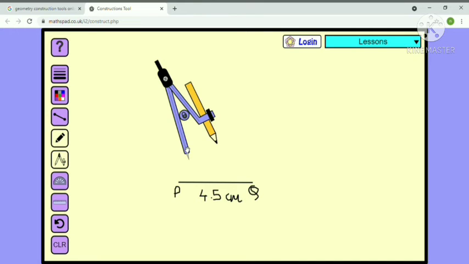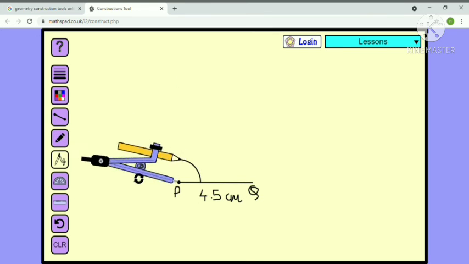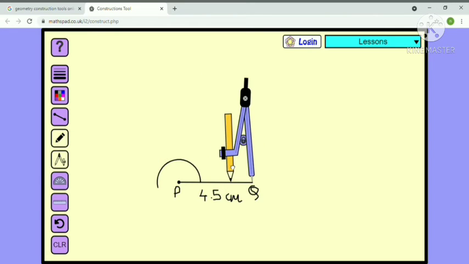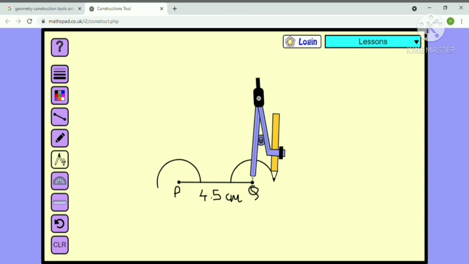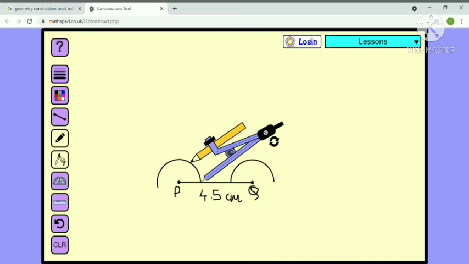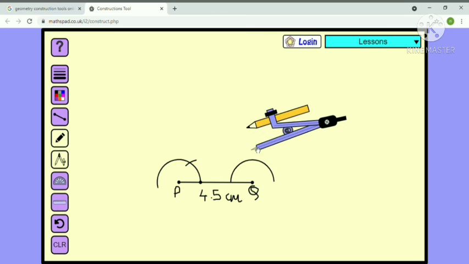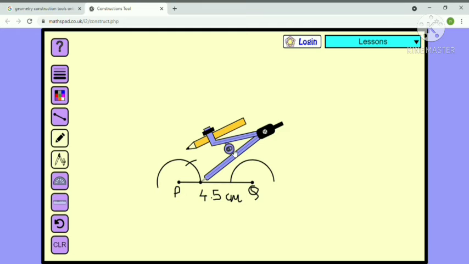we will take the compass and first we are going to draw a semicircle arc. We will make sure that the distance which we are taking is less than half. So as on both the points we have to draw an angle, we are going to make semicircle arc on both the points. Now on point P we have to construct 30 degree angle. So first I am going to construct 60 degree angle from the compass, and if I bisect this, then definitely I am going to get 30 degree.